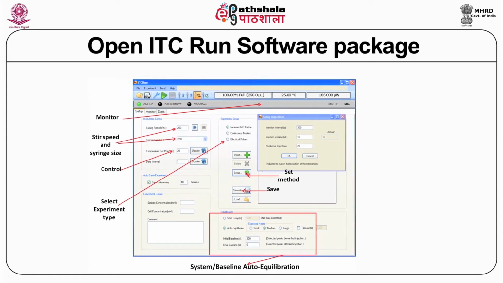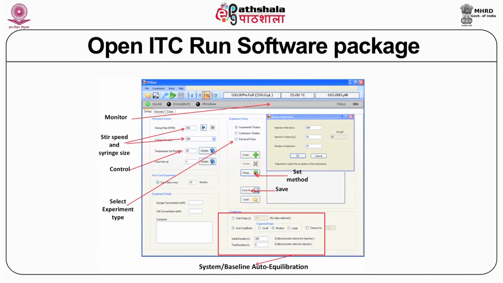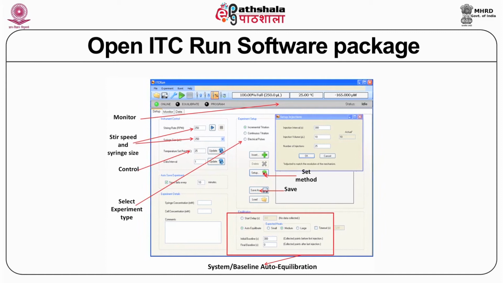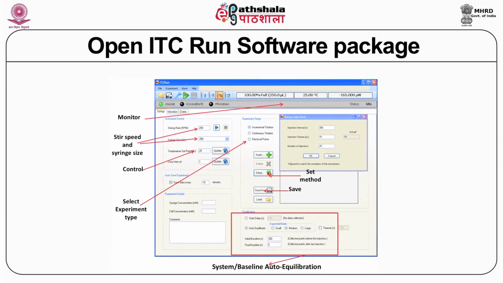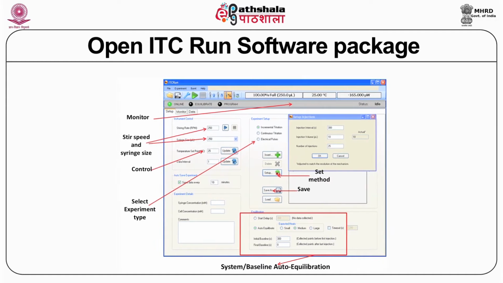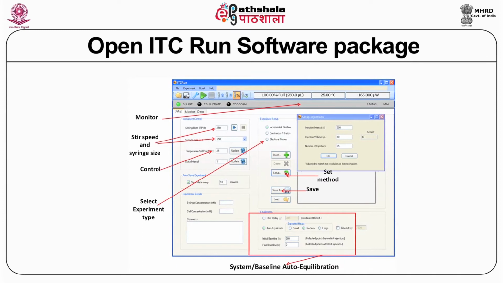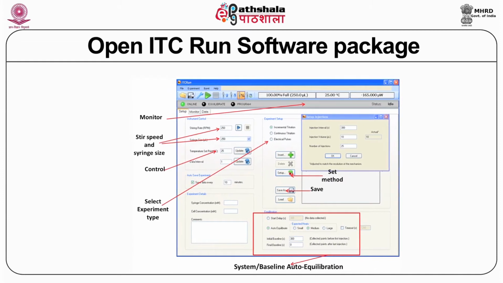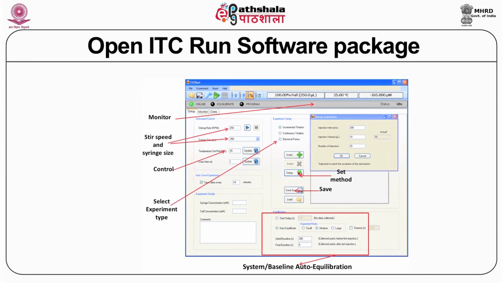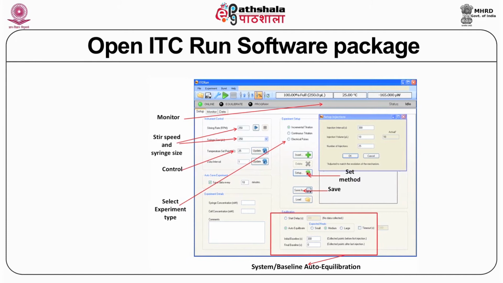A stirrer speed can be maintained, and the syringe, how much volume you are filling, and what temperature you are starting at. Depending on whether it is a small molecule or a small peptide rather than a protein, they melt at a low temperature. So, you can start at temperatures below 15, or at 15 degrees centigrade, or otherwise if it is a macromolecule, you can start at 25. The temperature I showed you here is normally room temperature.